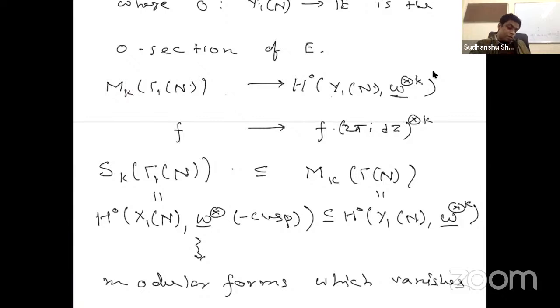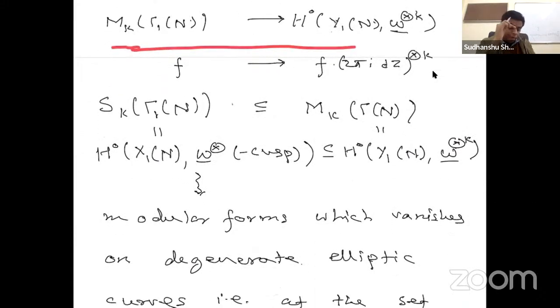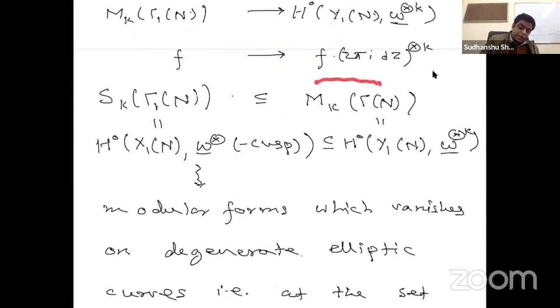I'm looking at the modular curve Y1(N), not Y0(N), and there is no condition on the weight parity either. No, these are all the forms. Okay, and inside that M_k(Gamma_1(N)),